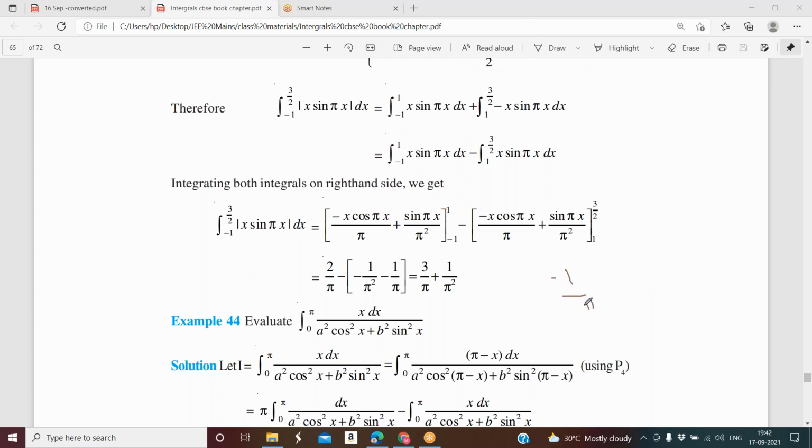-1 by pi, the upper limit, minus lower limit. Again substitute x equal to -1. -1 minus of -1 is +1. So 1. Again cos pi of -1. Cos of minus theta is cos theta. So cos